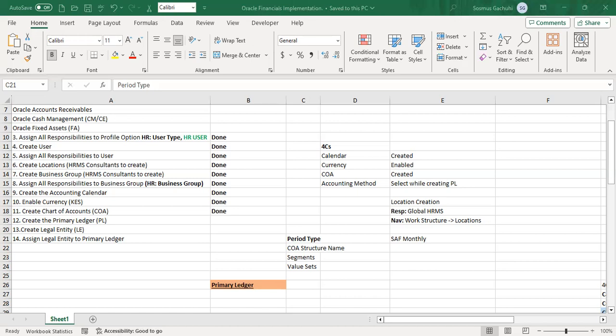So you might find, for instance, a company having operations in Kenya, and also in Ethiopia. If you're implementing for such an organization, you need to go and create more than one business group, because you'll need to maintain